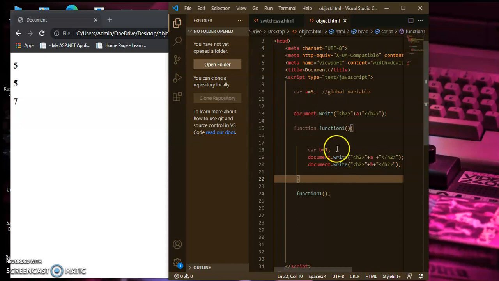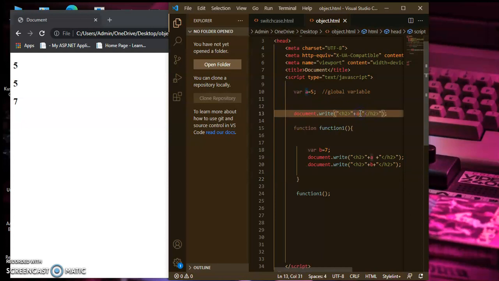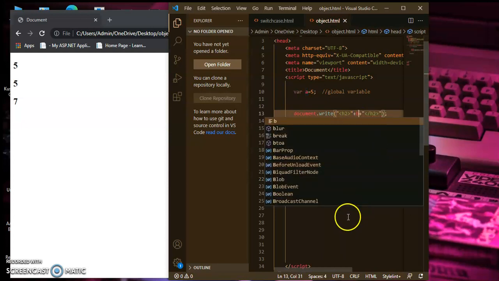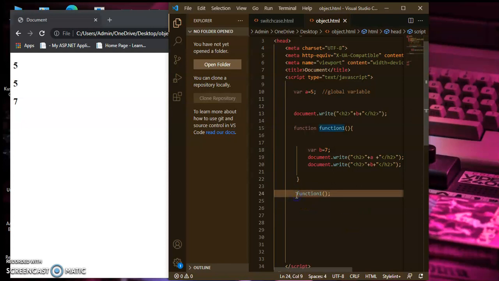Inside of the function you can use a global variable's value, but you cannot use the function's variable outside of this function. So if I want to use this variable's value inside of the global scope, and I stop this function call, it must print this function's value, but it will not print.